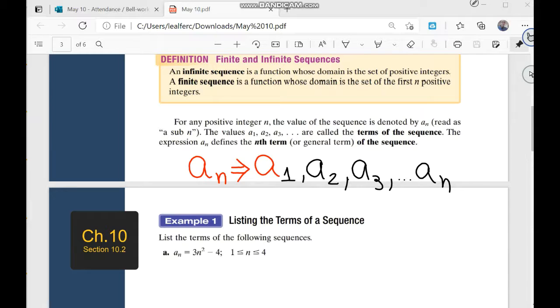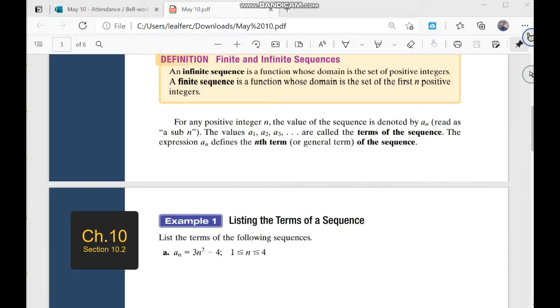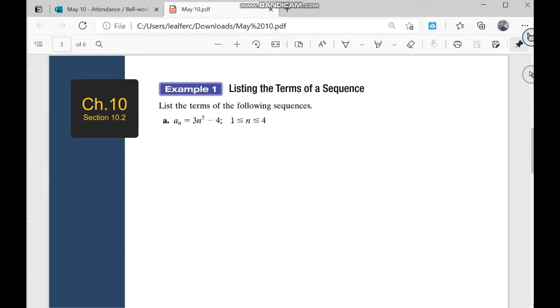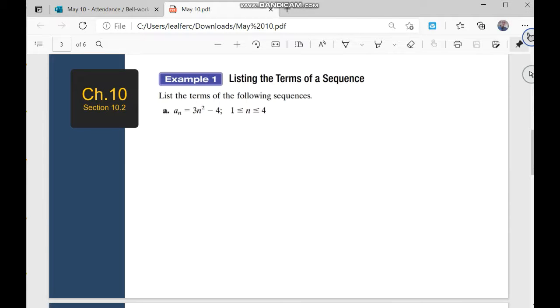So this is the notation for the term A, and the N represents the order of the term. We are, as I repeat again, we are starting slowly. We will now calculate the term if you give the order of the term. Usually the sequences have a representation as an equation or an expression, and let's work on this example